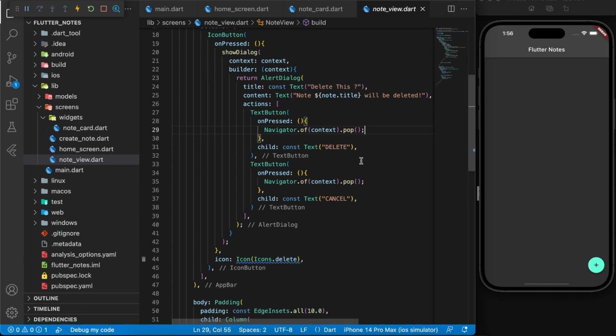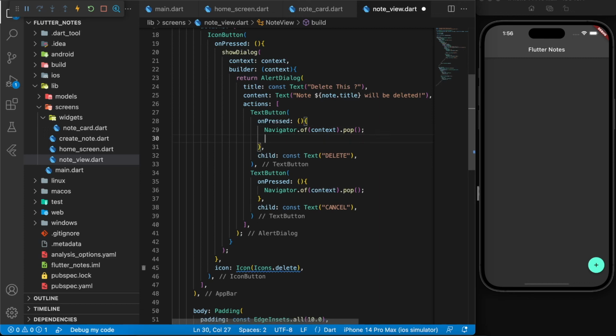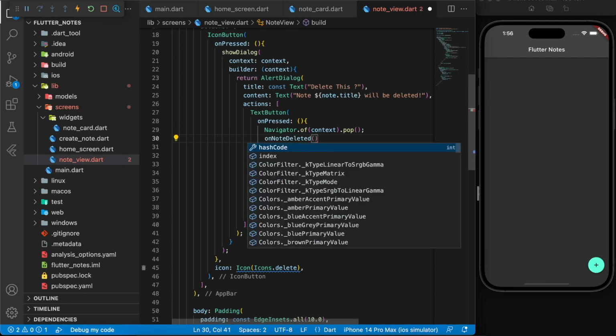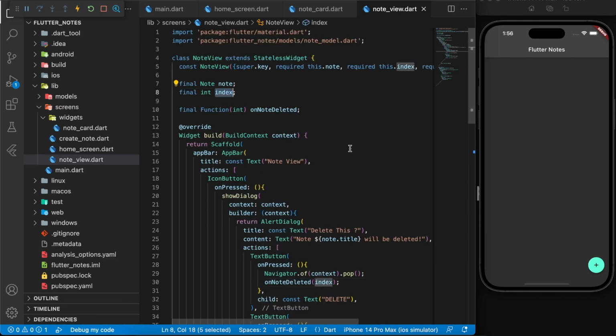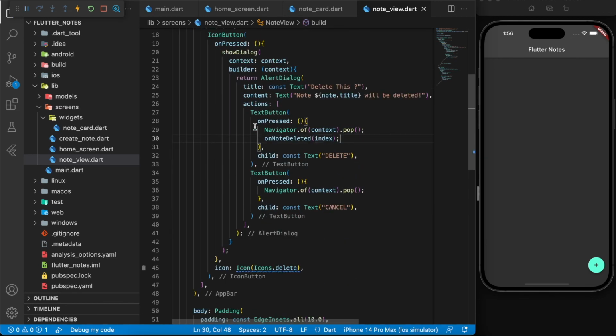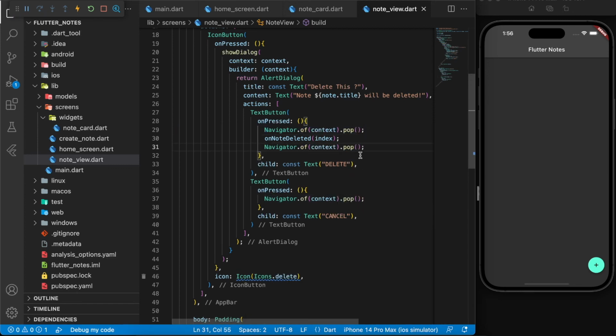Okay, so in here what we can do is we can say onNoteDeleted and pass in the index that we just received over here, this one. Okay, and once that is done, we need to pop the screen once again so that the current visible screen also goes away, right? So let's again restart our app,